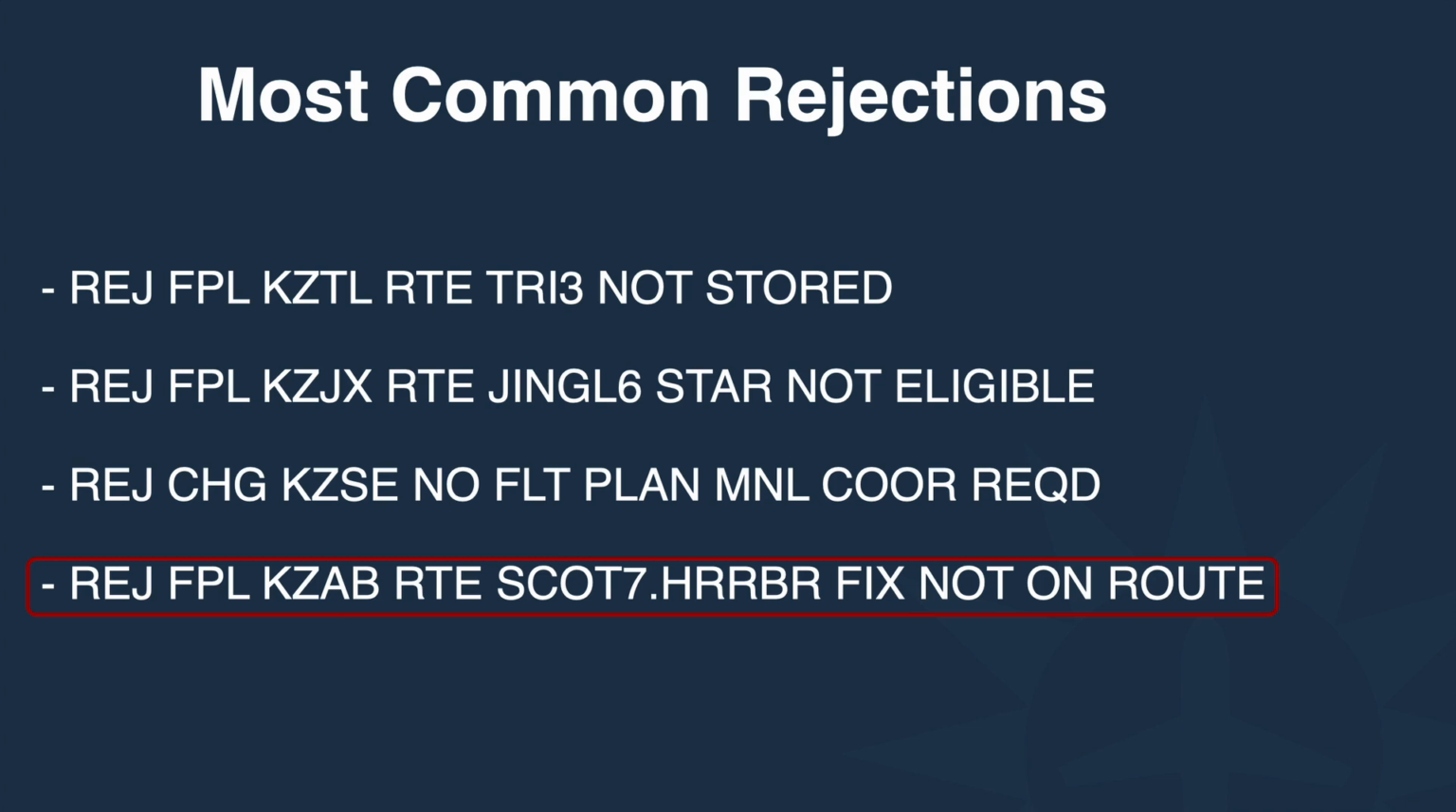So it's not only for SIDs and STARs, it's also for the en route portion. Again, these are just examples that we've seen in the past. They don't necessarily reflect real life. Maybe the Tri-3 is fileable now. I don't know. It may be. But these are things we have seen in the past. They're the common ones. We just wanted to give you a little heads up on how you can fix these